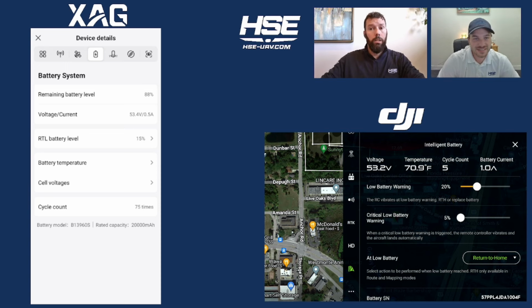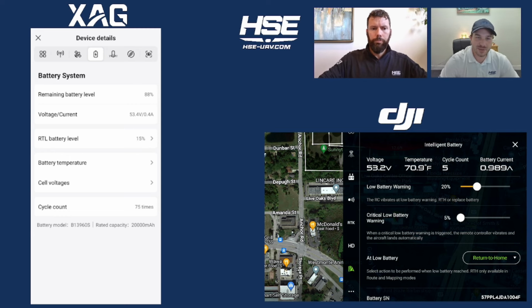All right. Now, on the XAG side, it's very different. Although it seems the same at face value, it's not. When you set 15%, for example, in this case, as the low battery level, the